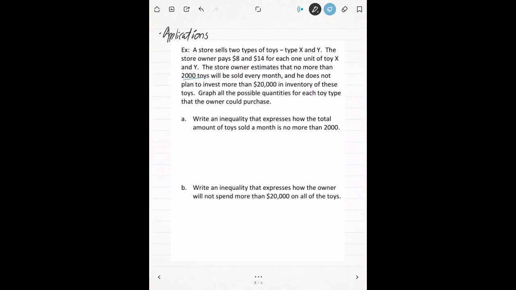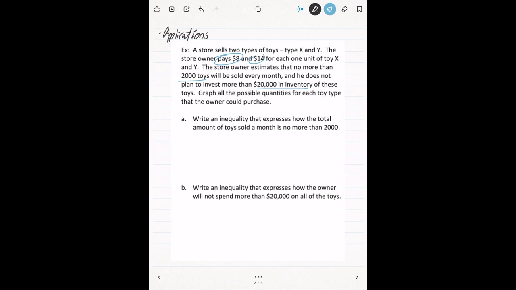I don't expect to sell more than 2,000 toys, and I don't want to spend more than $20,000 on buying these toys. I have to spend $8 and $14 on just getting these toys into the store. Like this is how much it costs me just to get them so I can sell them. What we need to do with this information is graph all possible quantities for each toy type that the owner could purchase. So if we're saying that we don't want to spend more than $20,000 and we don't expect to sell more than 2,000 toys,